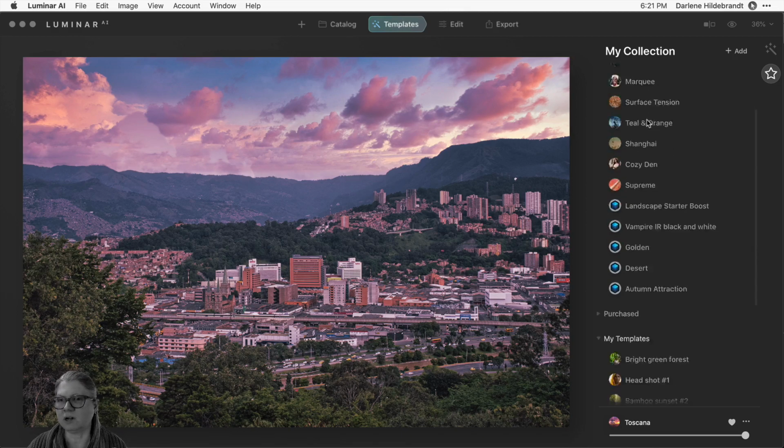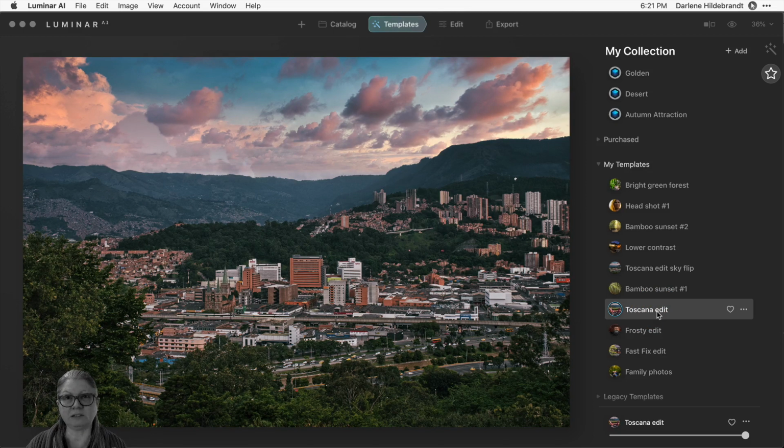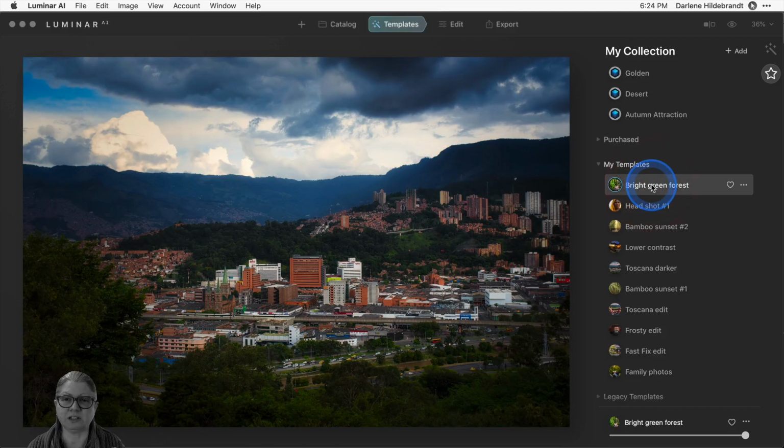Now notice in my collections, I've actually used this one in the past, and I've edited it, and I've done one with a sky flip. So let's take a look at what my edit looks like. You can see that it's basically the same look with the same sky replacement, but I've toned down that pink color a little bit. Just for fun, let's see what the Bright Green Forest template that I just saved does